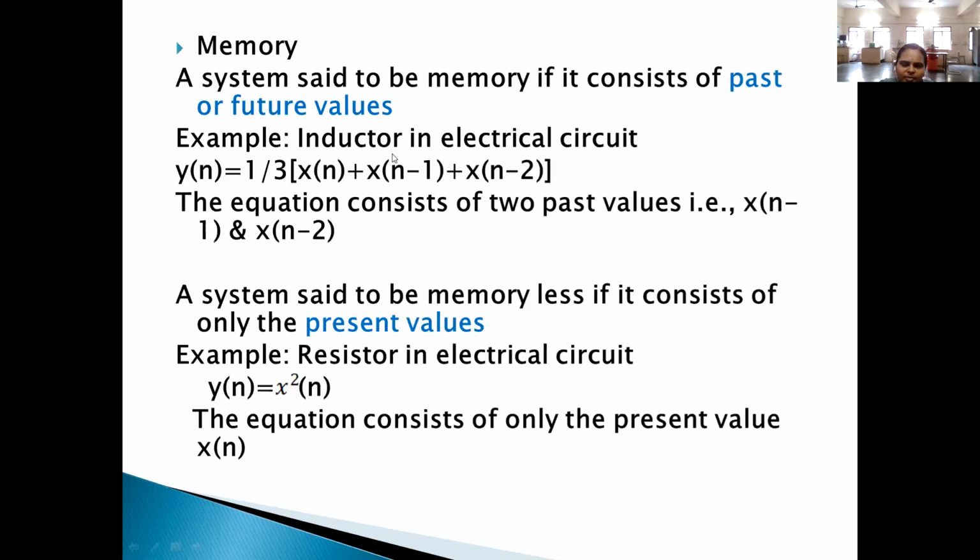Next, memory. A system is said to have memory when it can store some values. In the digital subject you learned, we have latches and buffers, where I can store the values of zeros and ones for certain intervals of time. Flip-flops are some elements where I can store the information.